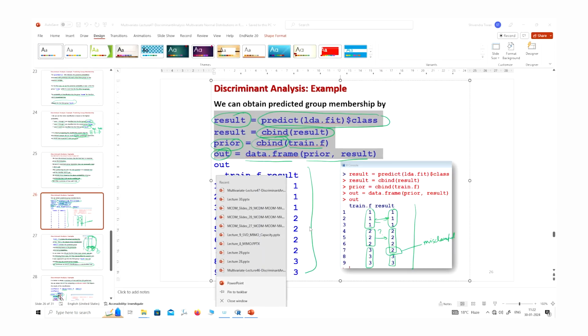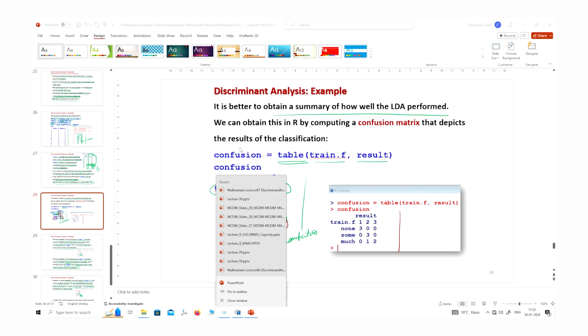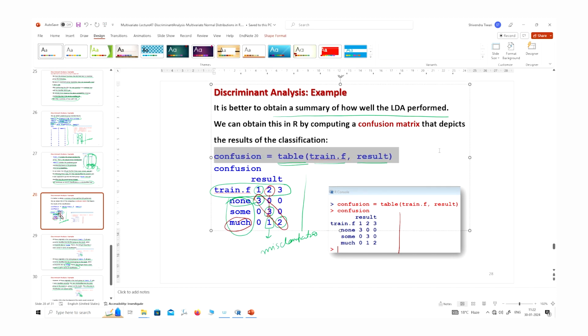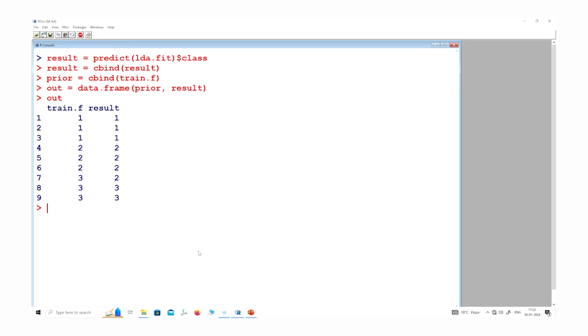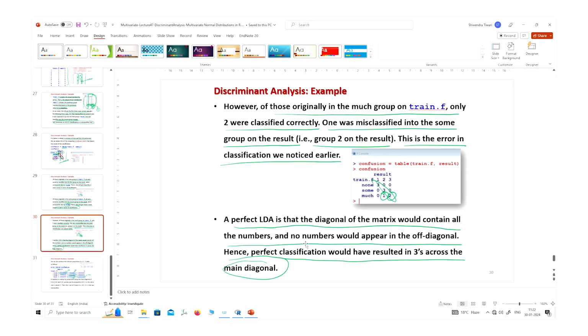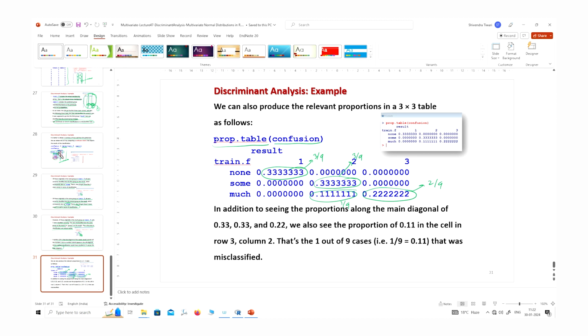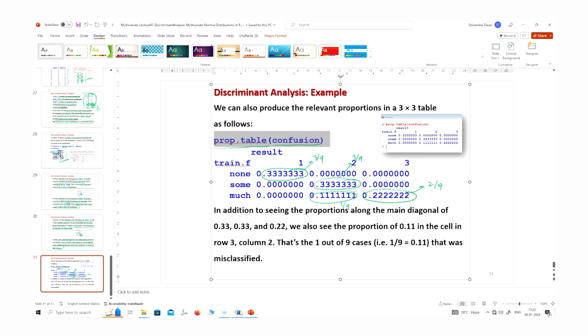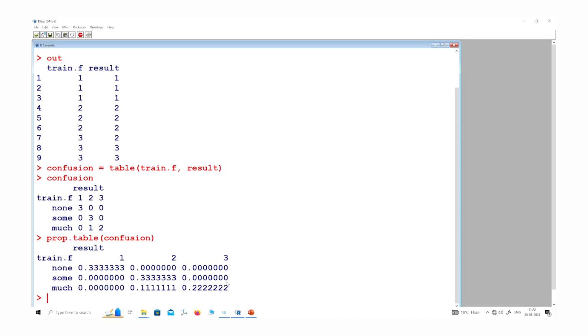And now if you try to see here, this is the confusion matrix, right? And if you try to see what is the value of confusion, it is like this. And now if you want to create this table in terms of proportion, you can see it is like this.